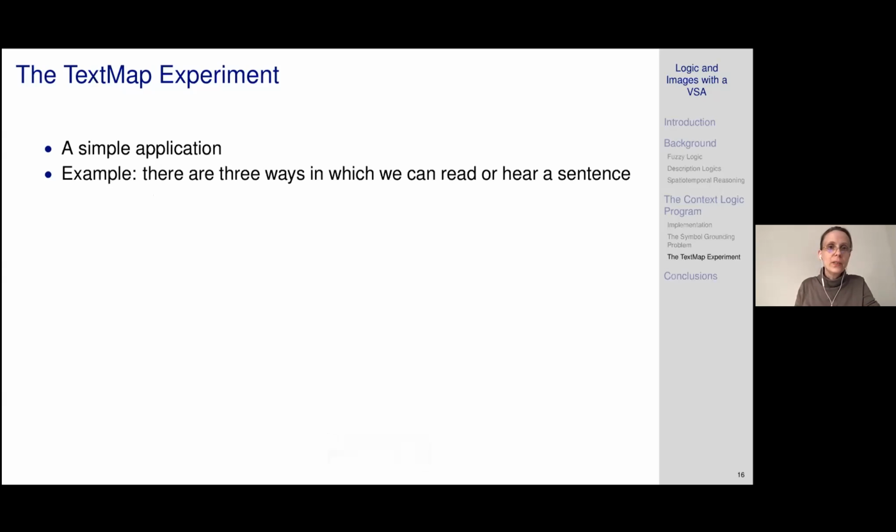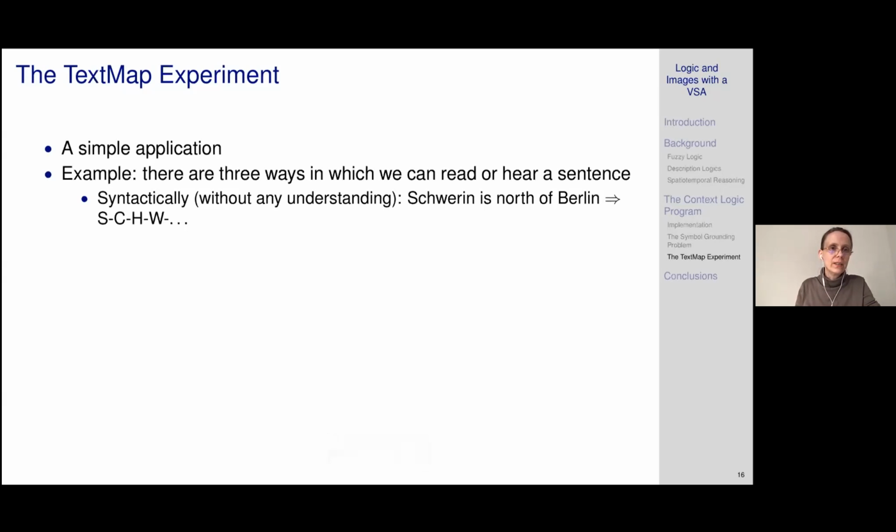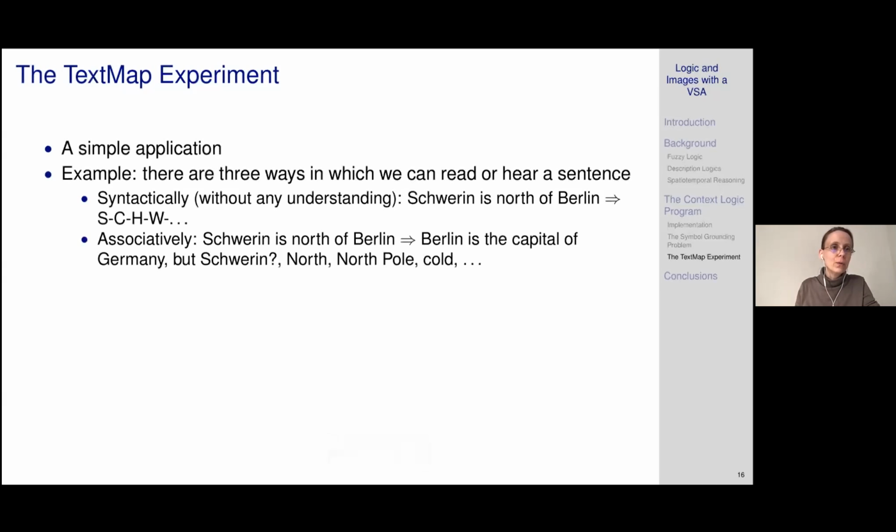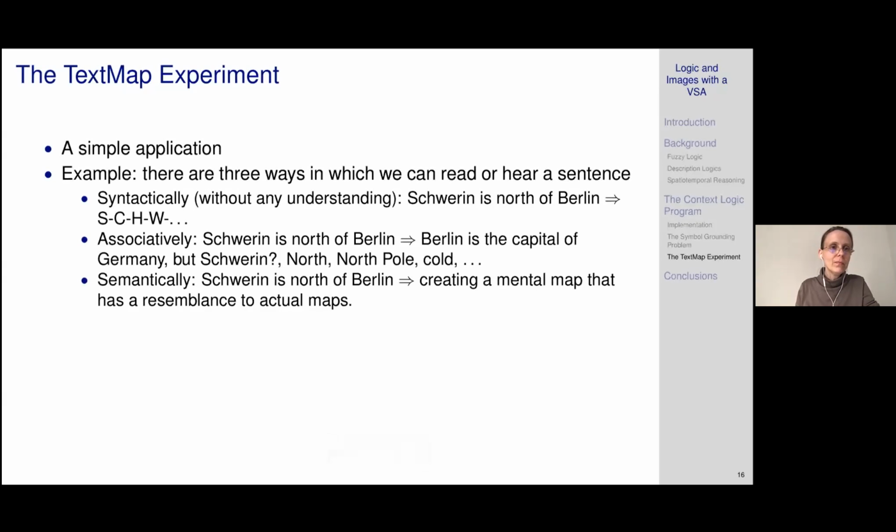I say there are three ways in which we can read or hear a sentence. Purely syntactically: if you hear "Schwerin is north of Berlin" and it's quite late, maybe you just hear some words. Or associatively: maybe you think, okay, Berlin is a city, Schwerin maybe also a city, North Pole, and so on. Or we can hear it semantically, so we hear "Schwerin is north of Berlin" and we imagine that for a second,